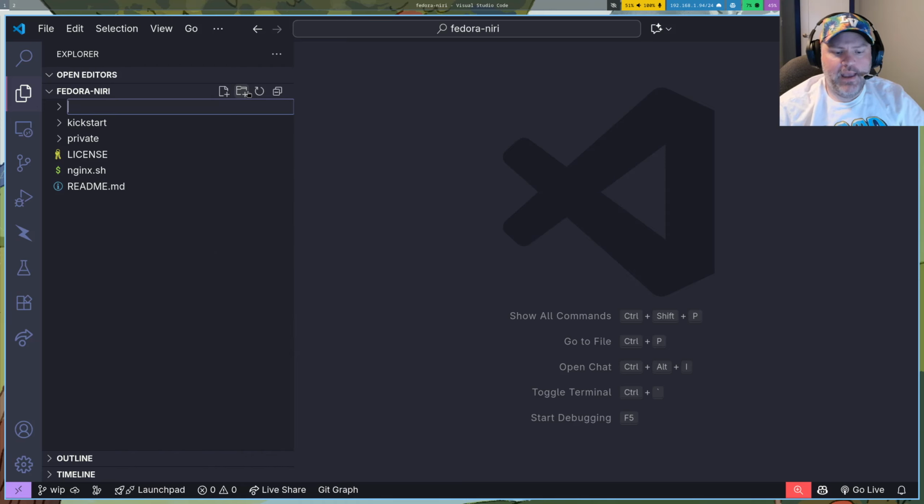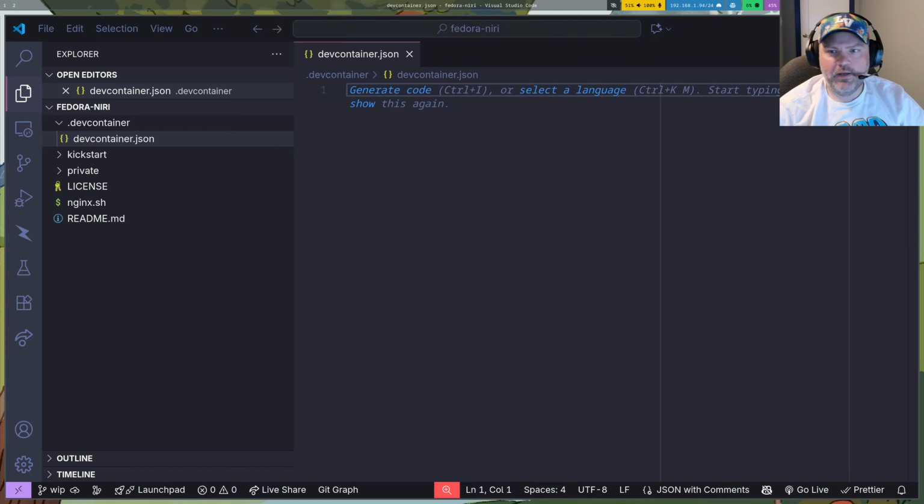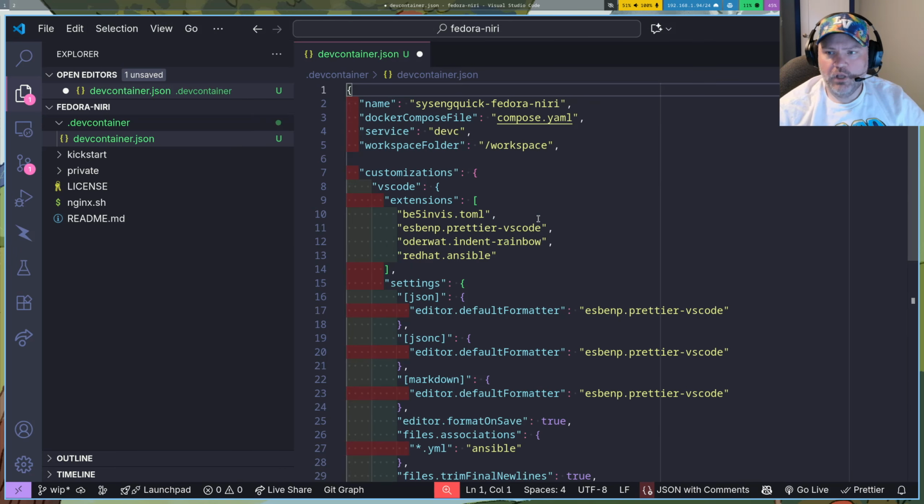I want to start by making a directory called .devcontainer, and I'll add a file to it called devcontainer.json. I've already created this file. Let me go ahead and copy the contents. We're going to name this dev container sysengquick-fedora-niri. We're going to use Docker Compose to set up our container. We'll say we're going to use a compose.yaml file. The compose service is going to be called devc, and the workspace folder we'll use inside the devc service is